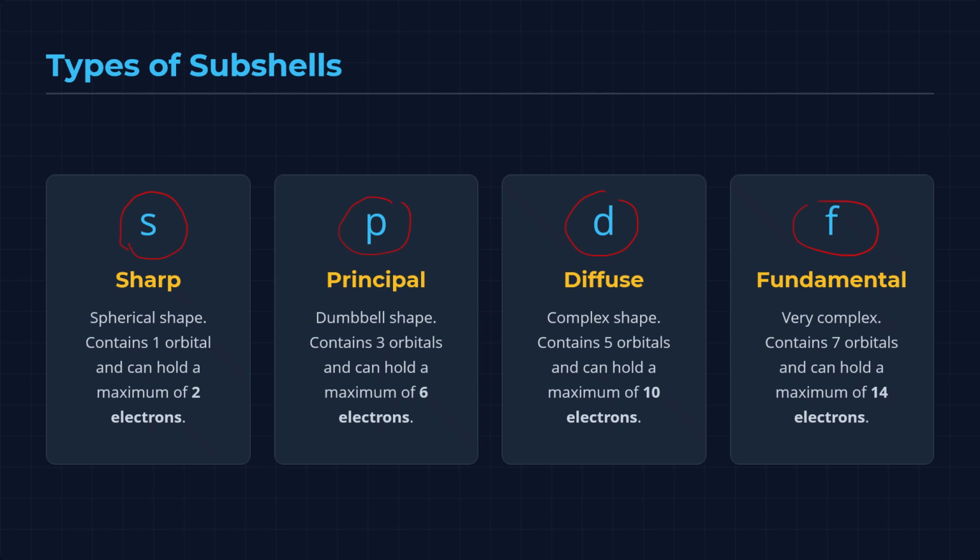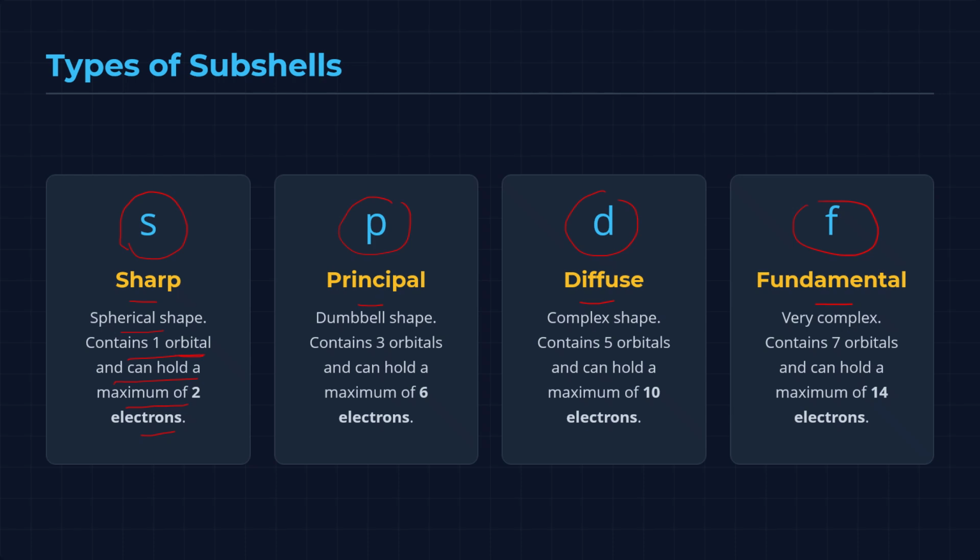Now their full forms you should also remember: s for sharp, p for principal, d for diffuse, and f for fundamental. Now s orbitals are spherical in shape. This you have to remember. The s orbital is spherical in shape and contains only one orbital. We studied this in our last class on quantum numbers: the s subshell has only one orbital and it can hold a maximum of 2 electrons. So these are the general things which we must remember for our next